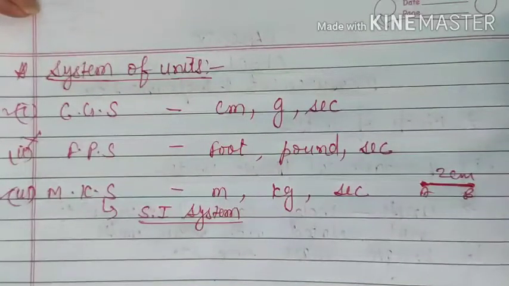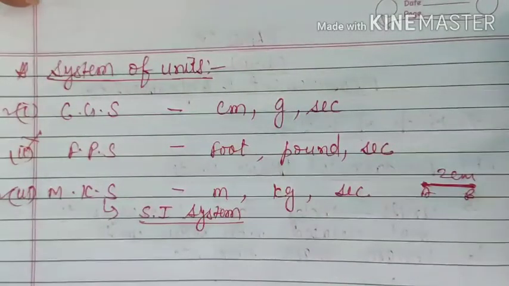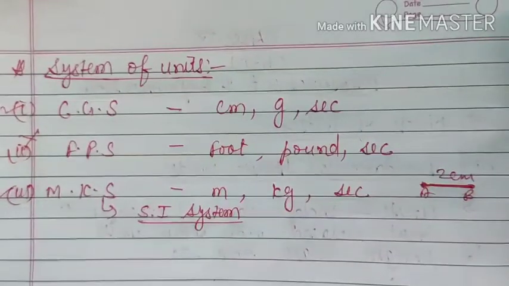Okay, wherever we need we will go for CGS also, it's not any compulsory condition, but in physics we have to measure small things, and similarly sometimes we have to go for a very large unit. For example, you may have to measure the mass of any particular heavenly body, or you have to measure the distance between two heavenly bodies. In that condition obviously you are not going to use centimeter, na, at least. So in that way we can use MKS, means generally in physics we deal with the MKS system, which is also known as the SI system. So these are actually the system of units.